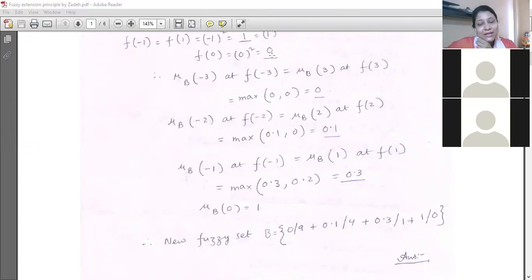Basically this linguistic variable, if you can remember how we can represent graphically the linguistic variable and the membership function, if you remember the membership function graphs, then you can remember that we have one x and y, a two-dimensional graph, right? Then the x axis always represents the linguistic variable, that means x equal to x1 like 1, x equal to x2 like 3, x equal to x3 like 5, x equal to x4 like 7.